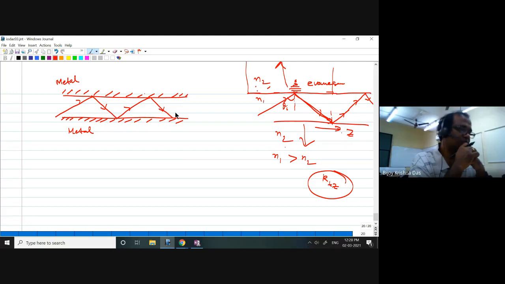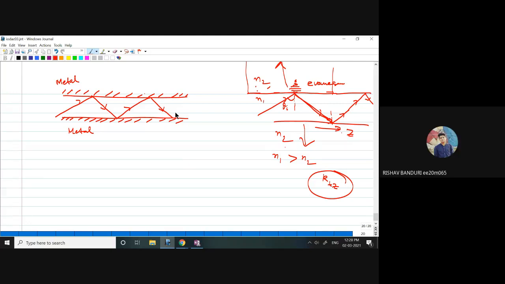What is the reason? Sir, while we are designing that, we calculate the electric field for the transmission wave. Now the x part comes as e to the power of alpha x, and that alpha is totally a real quantity when we are using a dielectric. But in metal, it is a complex quantity. That means it has a real part as well as an imaginary part. So there is an oscillating function decaying along the direction of x, and in metal the loss is significant. But if I use a dielectric, there is only a real part, no imaginary part.